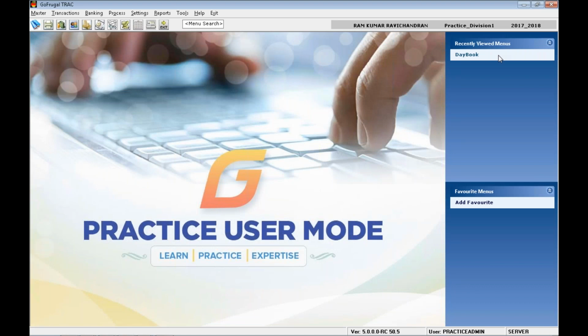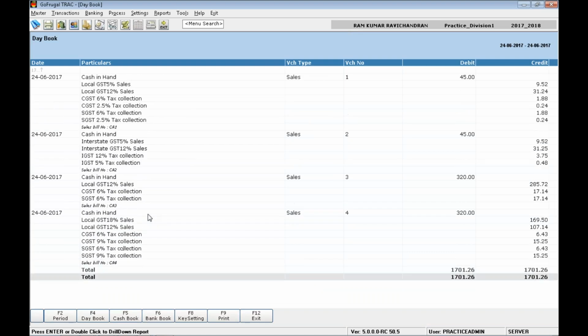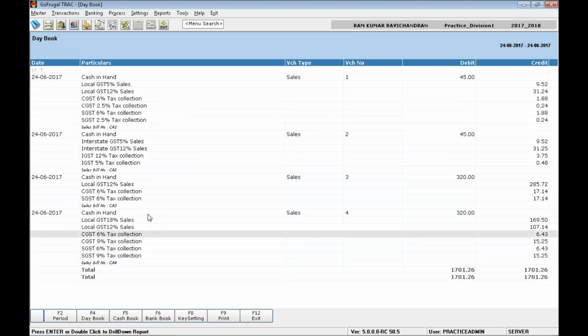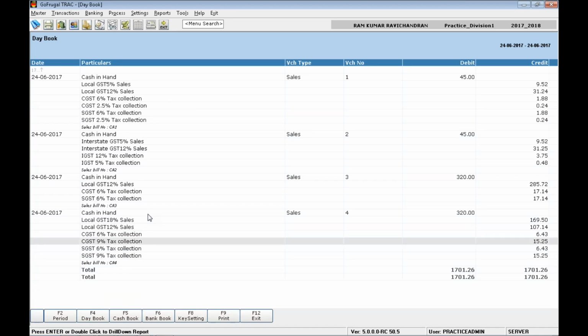Go to daybook and scroll down. Here you can see for the item chicken biryani, the tax 12% has been applied based on the order type master, and for the mutton biryani, the tax is applied based on the item master, that is 18%, and also CGST, SGST split.